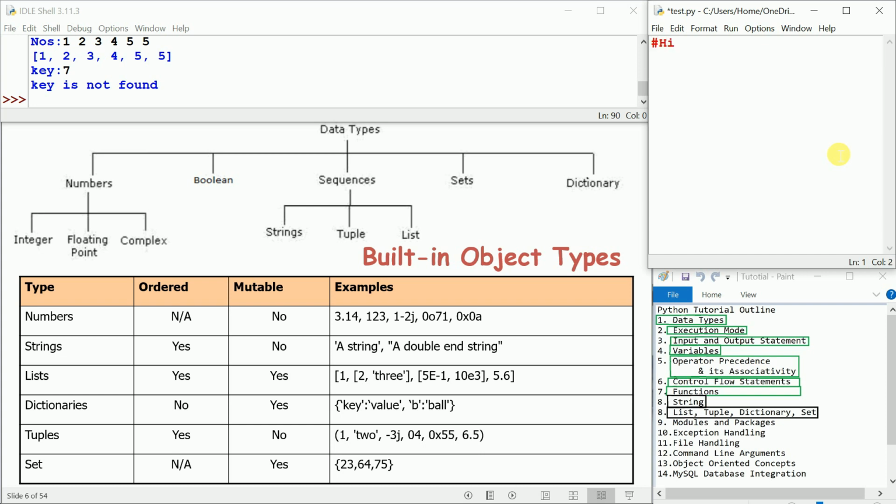Print the histogram for all the words in the string. Okay. Histogram in the sense how many number of times a particular word is repeated. For that I have to use a dictionary concept. Say for example, element equal to